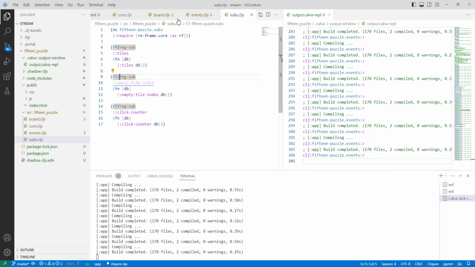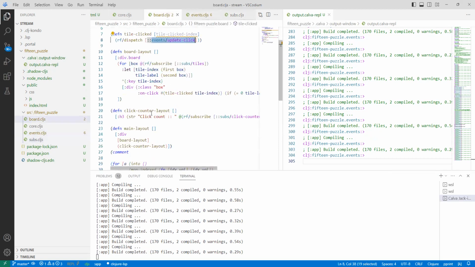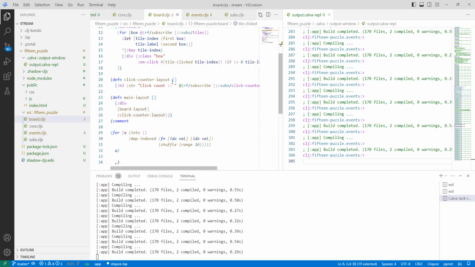So this is the empty tile index which I am going to use. And where I will show the empty tile index is along with the click counter, I think it can be